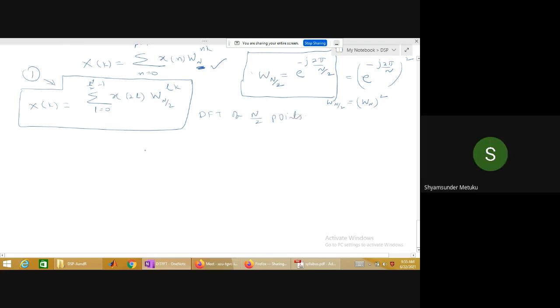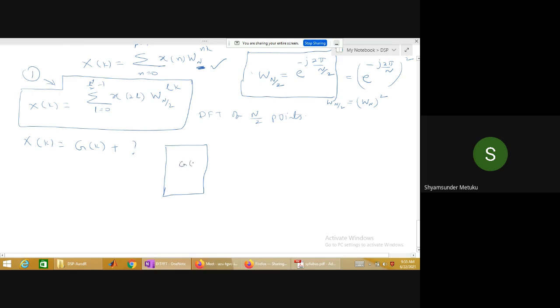Now I'm trying to give it from a block diagram point of view. I consider x of k is equal to g of k plus, I don't know what is the second term, because the second term I'm not evaluating. But what is the name I'm giving to the n by 2 point DFT? G of k, right? Because x of k is equal to sum of box 1 plus box 2. You cannot write simply this whole thing is x of k. It is a summation of two different boxes. So x of k is equal to g of k plus the second term, which I am not sure about because we are going to do it.